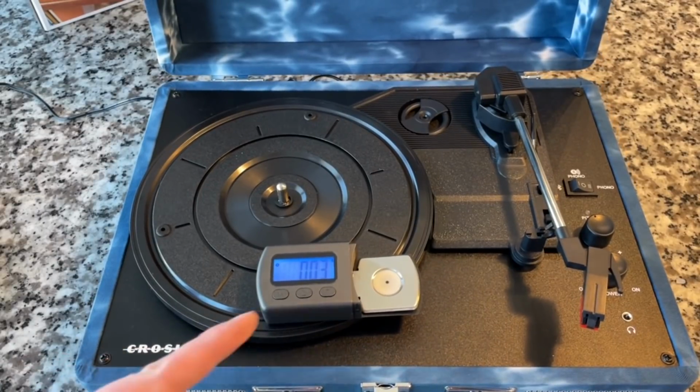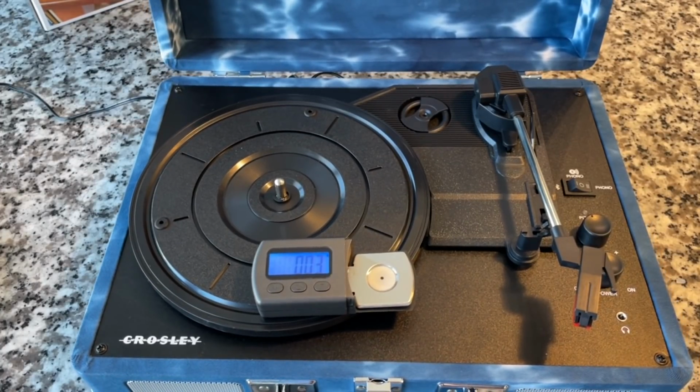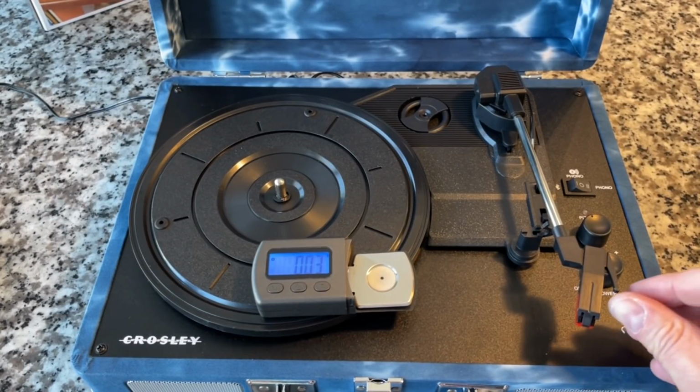But anyway, so this is like a $10 thing. That strobe mat, I think, was about 20, 25 bucks. Replacement styli are a 3-pack for $6 on Amazon. But be careful, because there are different sizes. Even though this may look the same as a Victrola or some other brand, it may not be